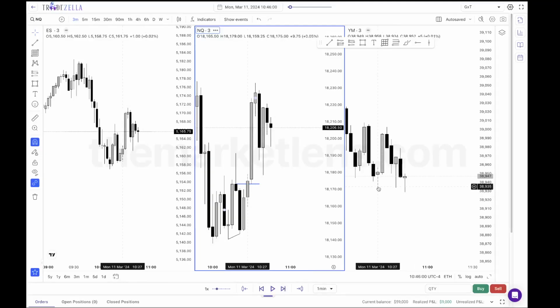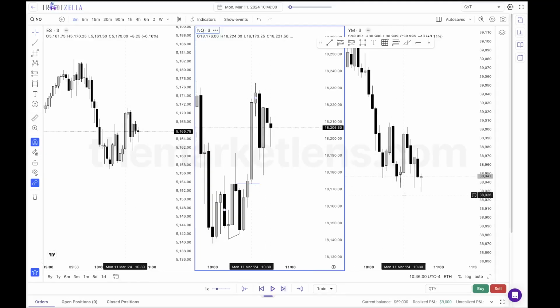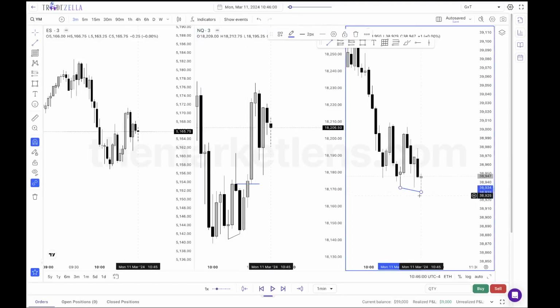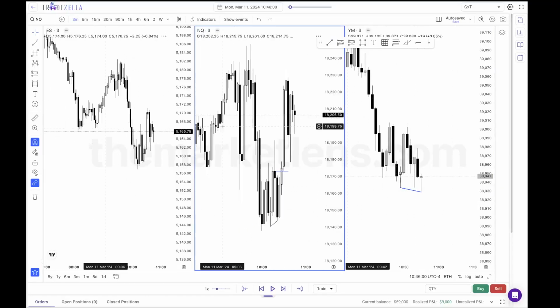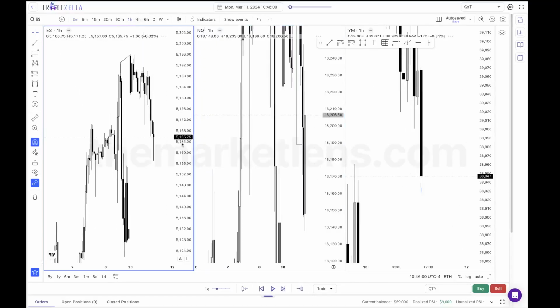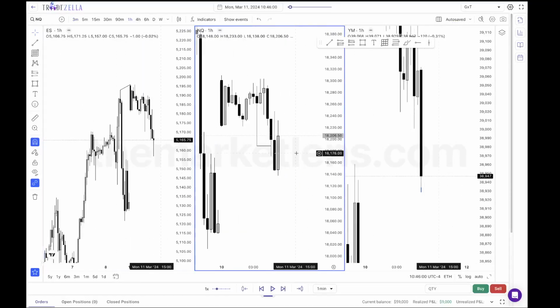Okay, so boom. Y'all see this SMT? So this is really good. Y'all see this SMT, how it's spaced out? So you see how this asset took the low, and look how far away from that low we are. This is a really good sign. So really, you can long either of these assets. Let me go to the lower time frame, higher time frame, see which asset's truly stronger.